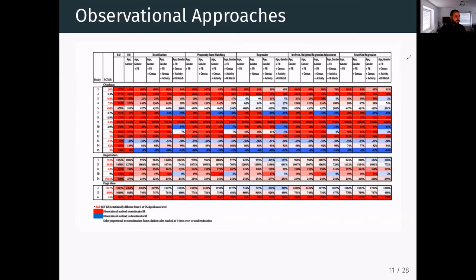Then what you see is that there's various shades of red, right? And in the paper they say, okay, darker red, bigger bias in your estimate. So the worse you've done in terms of overestimating the effect. See, there's a lot of dark red in the table. And I think being really dark red tells you something like you're 3 times over the treatment effect. Your estimate is 3 times bigger than the treatment effect estimated from the RCT. That's huge, right? You're overestimating something by 3 times.